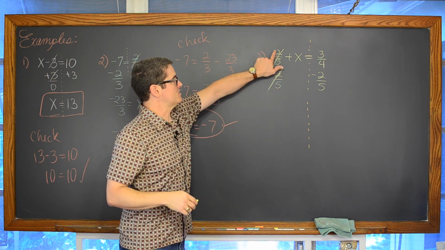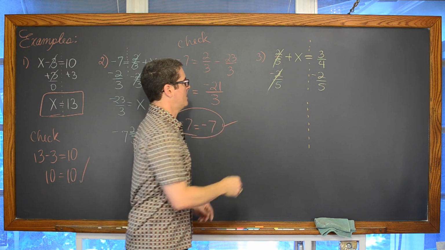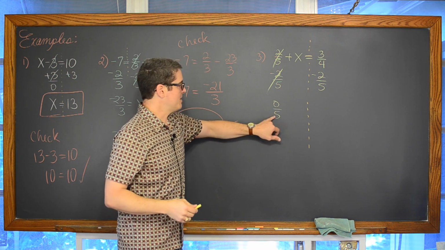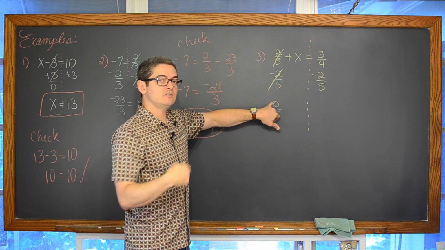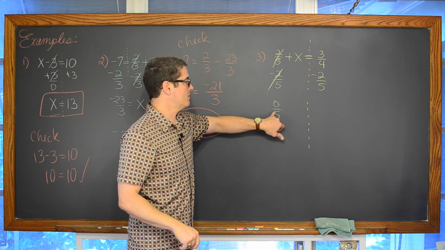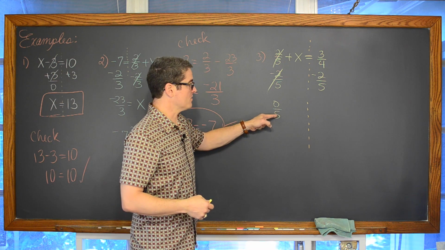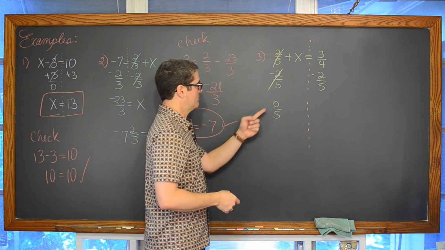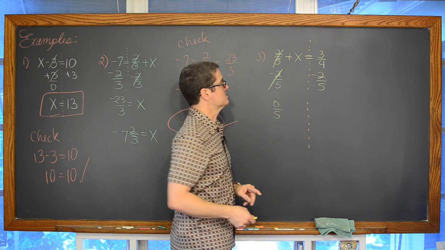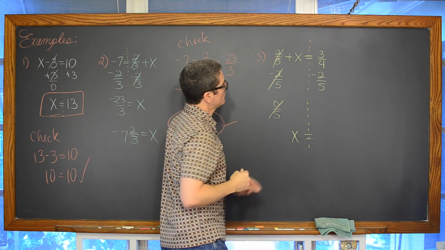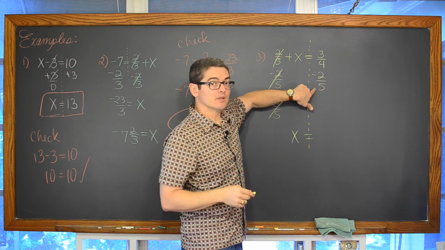2 minus 2 is 0 over 5. Maybe let me go write that. 0 over 5. You cannot divide by 0, but you can divide into 0. Whenever 0 is in the numerator, that final fraction is going to be 0. But if this was 5 over 0, that would be undefined. But we can have 0 on the top. That answer is 0. So bringing down the x, we do not have common denominators.